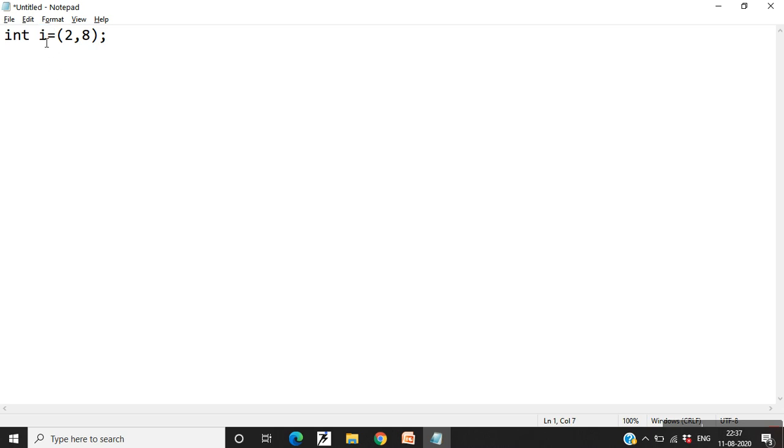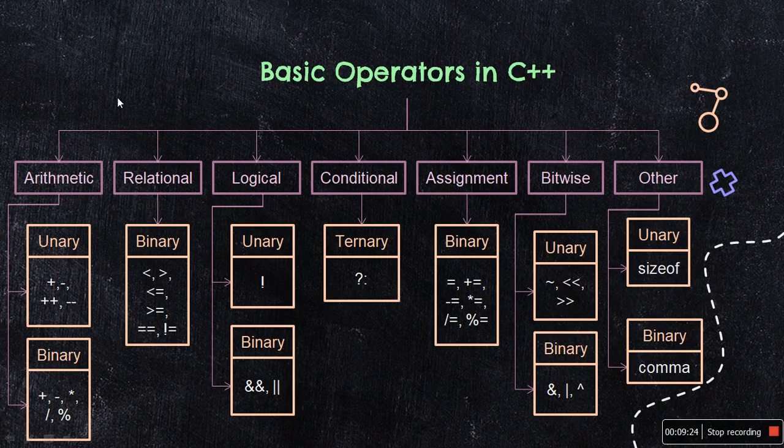So here I will become equal to 8 and not 2. Okay, so this is how comma acts as a binary operator. It takes 2 as well as 8 as operands, but will discard the first value and will keep and use the second value. Okay, so this is how comma operator is used.